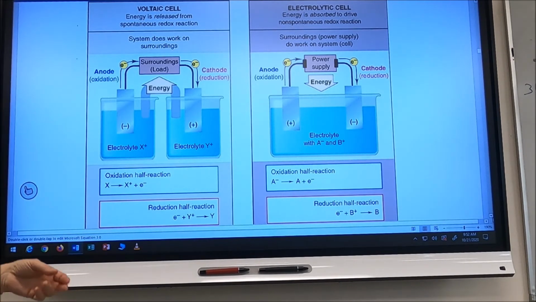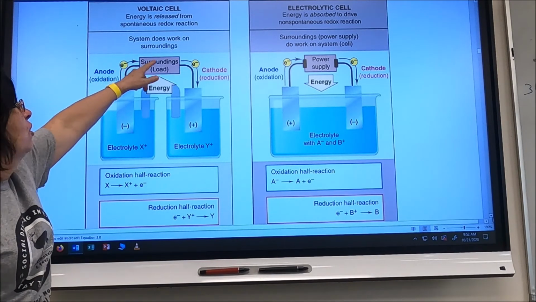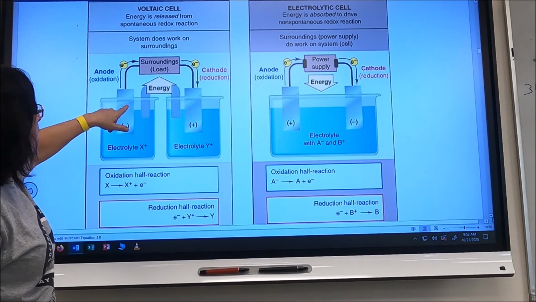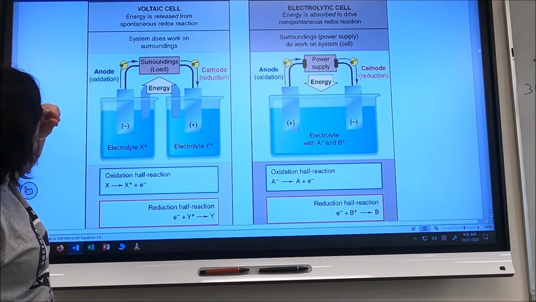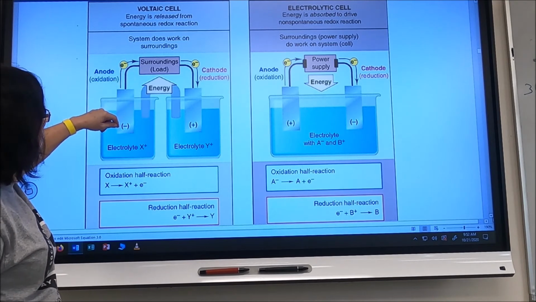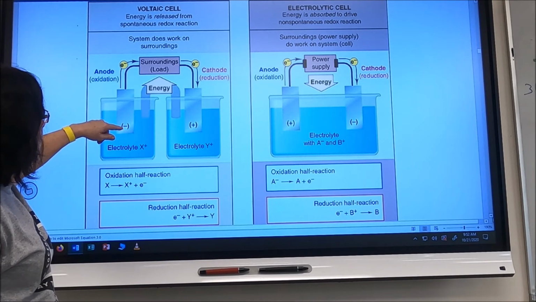So a radio, a cell phone, your car, a flashlight, a hearing aid, a watch. Okay, that's going to be your load. And this is a spontaneous reaction. Energy is going to be released from the system. All right,